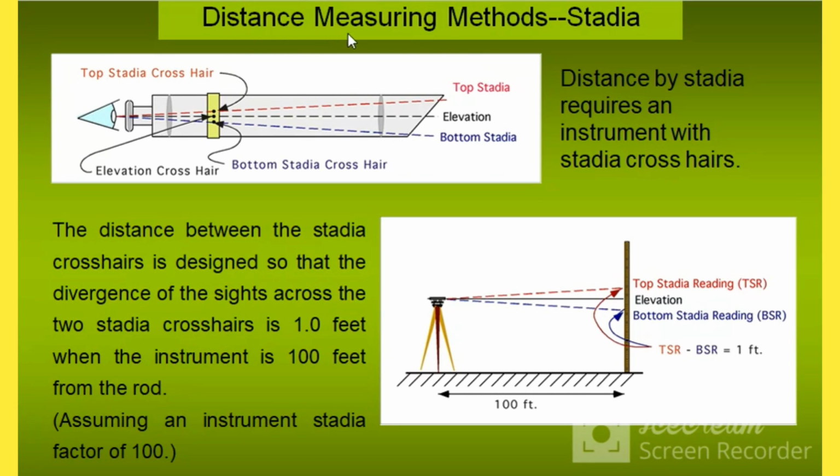So distance measuring method stadia. Distance by stadia requires an instrument with stadia crosshairs. The distance between the stadia crosshairs is designed so that the divergence of the sides across the two stadia crosshairs is 1.0 feet when the instrument is 100 feet from the rod. Assuming an instrument stadia factor,